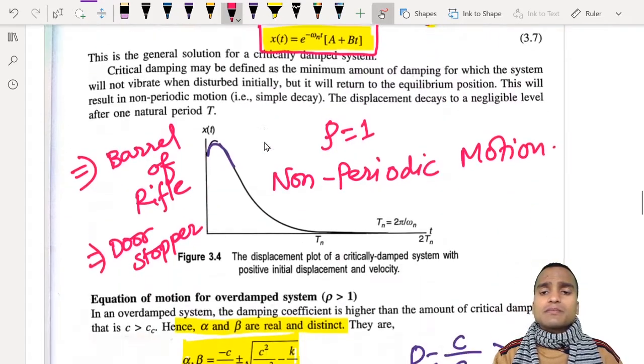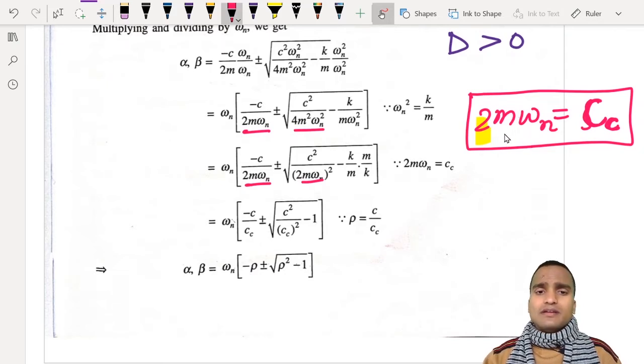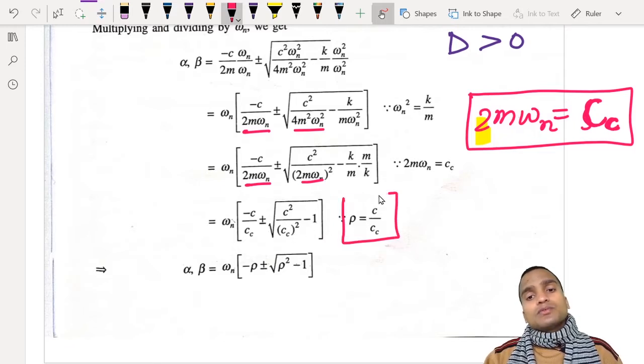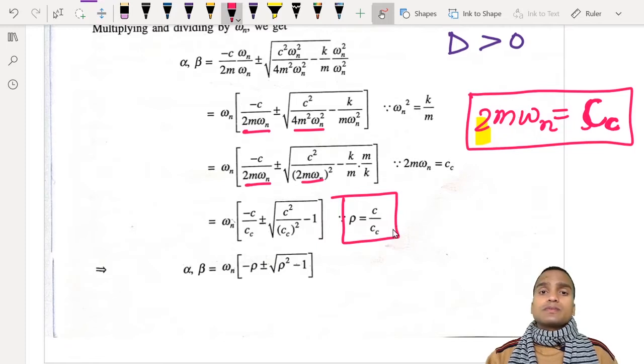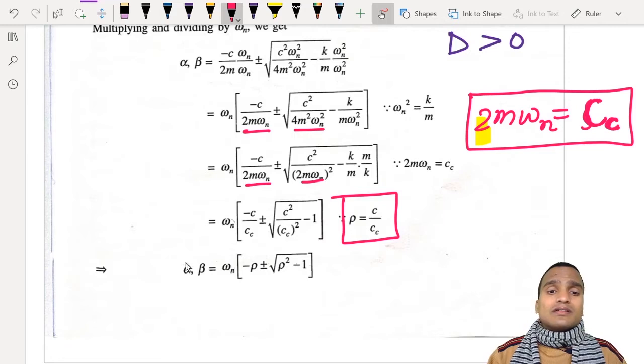Okay, it depends simply on its natural angular velocity and mass. So Cc is constant. So we have written it in terms of C by Cc here, plus or minus root under (C by Cc) whole square minus 1. And we know that rho value is equal to what? Damping ratio is the ratio of C by Cc. So we have now written the equation,